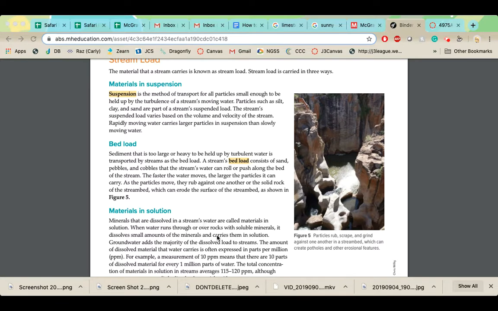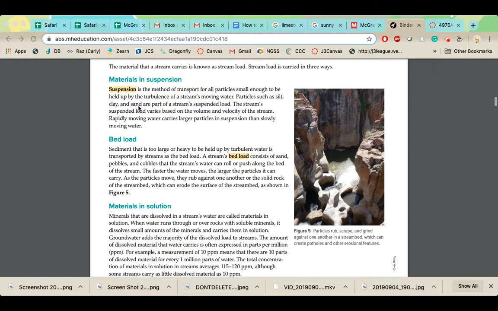It's really important. So if I had something like sand that's not going to dissolve, sand is going to be carried by suspension, bed load, or solution? Sand would be carried by suspension, okay, where it would just be floating along in the water, but potentially bed load, and